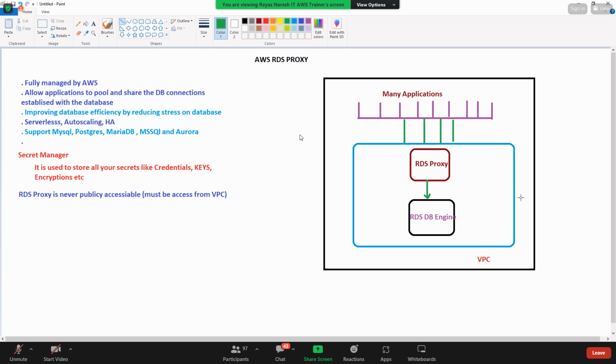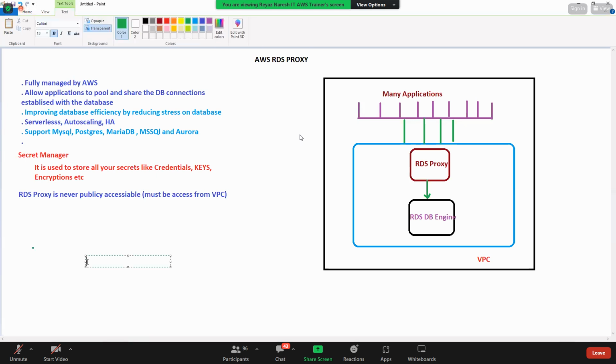Pool meaning collect and consolidate. Allowing applications to pool means consolidate. So RDS Proxy will reduce the connections from applications to a few connections and send them to the DB instance.